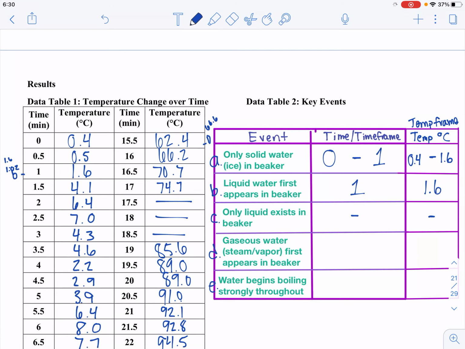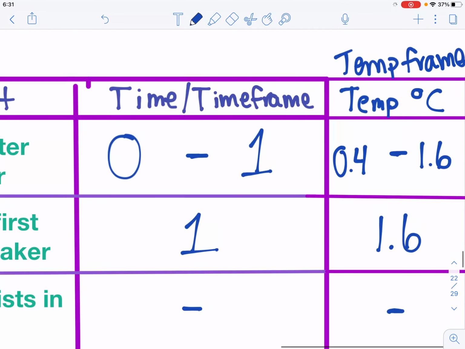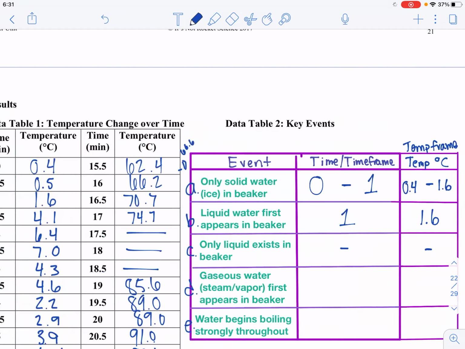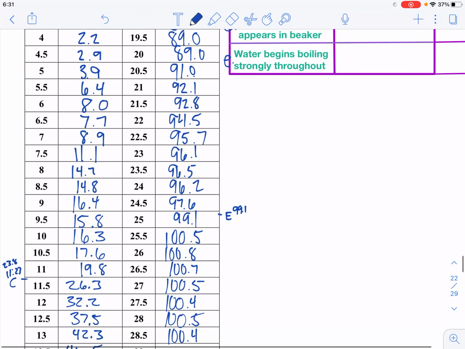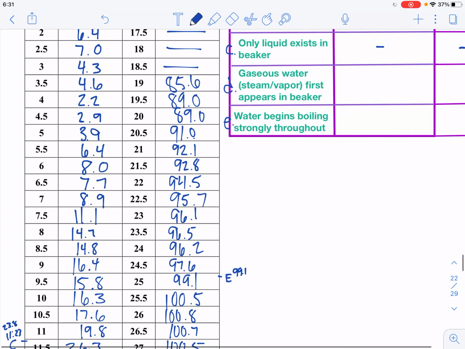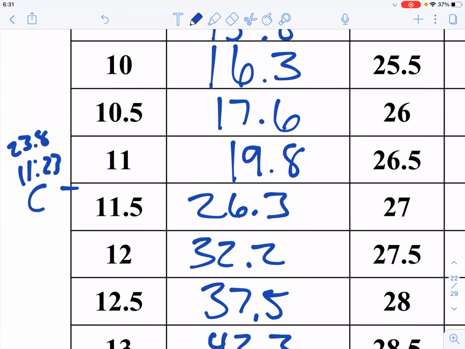And then C, only liquid water exists in the beaker. Again, by the way, if you were in class that did this experiment, these will not be your numbers more than likely. This is just the sample data that I use, so make sure you use your own numbers. So look for where you first saw only liquid water exists in the beaker. All right, so I recorded my ice melting here at about 11.5 minutes, so 11.5, and the temperature